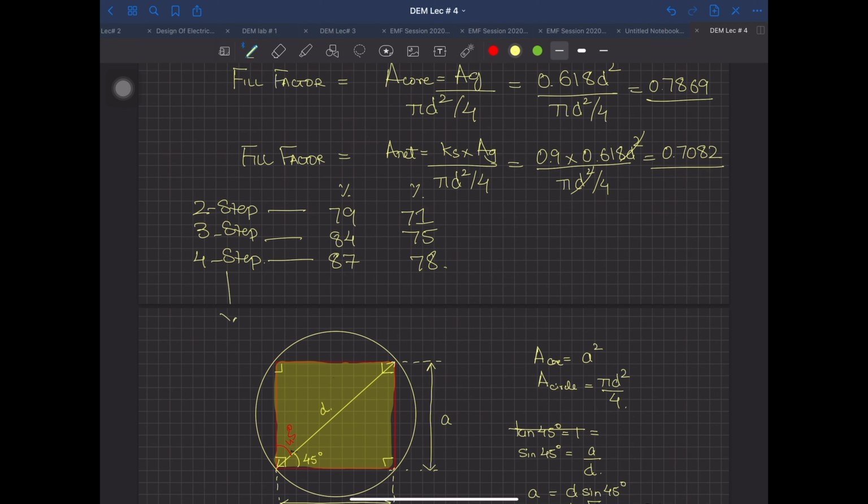You can extend this to even 11-step core, and you will find out this goes on up till approximately 96 to 97% fill area. And I will give you a whole chart on this one. This is available in Indrajit Das Gupta book. Normally in Pakistan, for a distribution transformer, 7 to 9 step is the nominal step core usage for distribution transformer. Our course is mostly aligned for a distribution transformer till the 6th or 7th week. Then afterwards we will talk about the power transformer there. But just for now, you have these values over here.